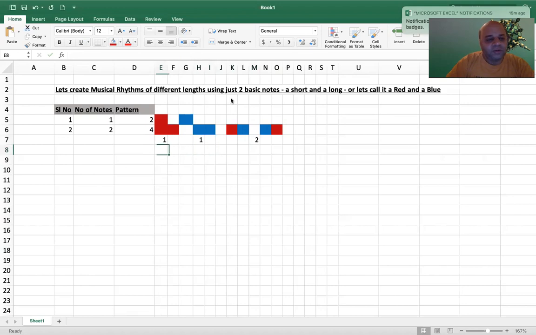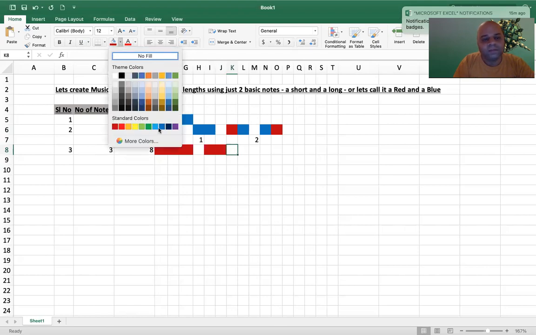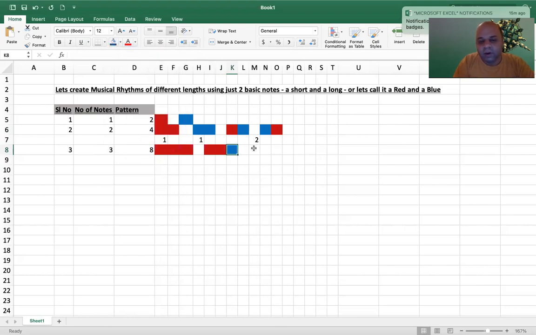What if you go to a larger number of notes? You take 3 notes. You are allowed to take 3 notes to create a rhythm. Okay. Now, how many will you be able to create? Obviously, you will be able to create 8. Okay. You can see the pattern. It is 2, 4, 8. Okay. And out of that, again, all 3 of them can be brown, right? Or 2 of them can be brown followed by 1 blue, right? Or, and that blue can be anywhere.